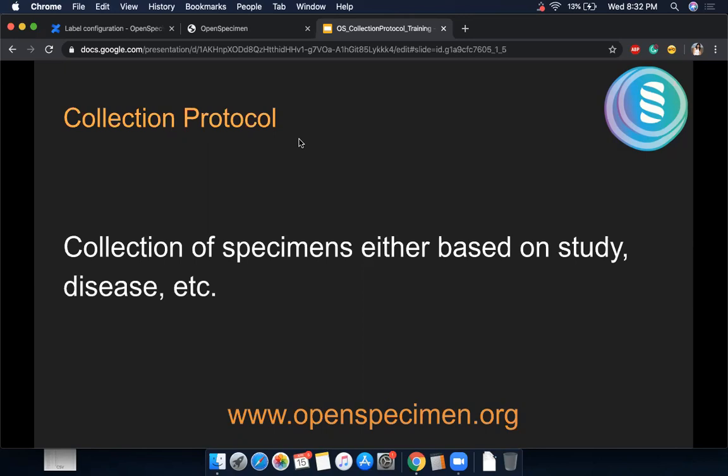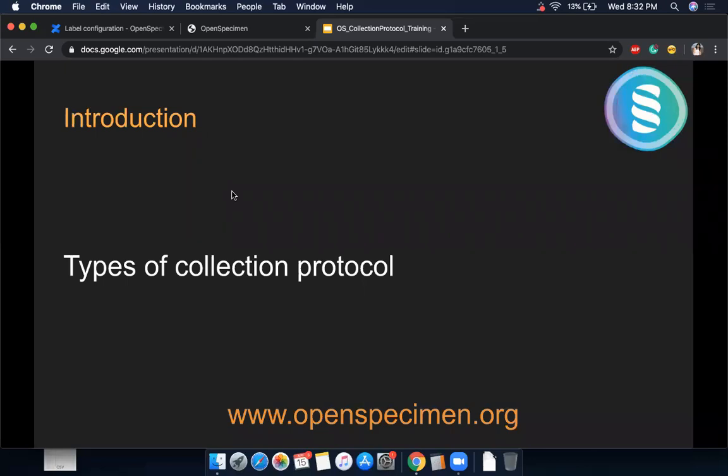So for every different group of specimens collected for a particular purpose, you would create a collection protocol. And once you have an instance of Open Specimen, you can create as many collection protocols as you want. There is no restriction on the number of protocols you can create.